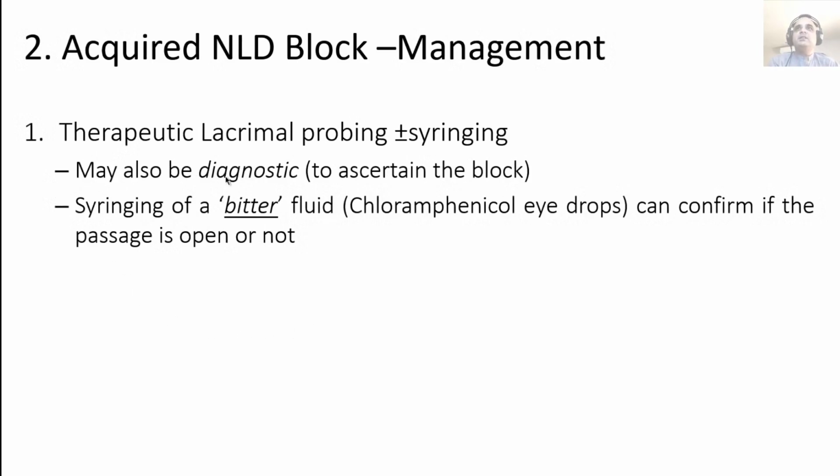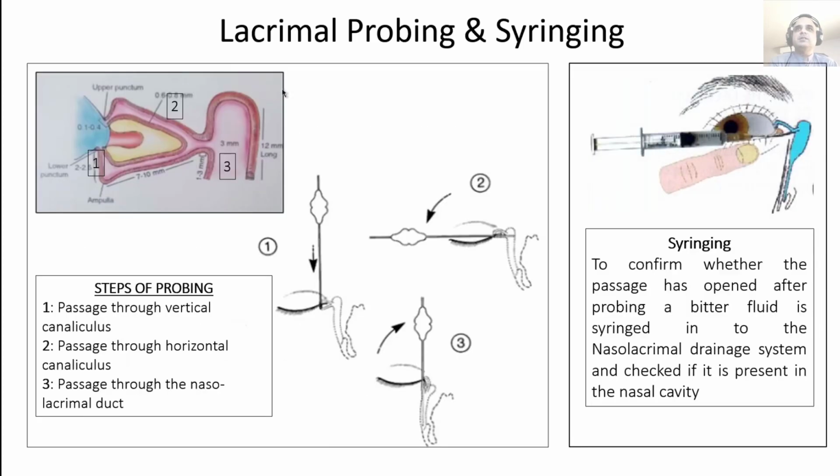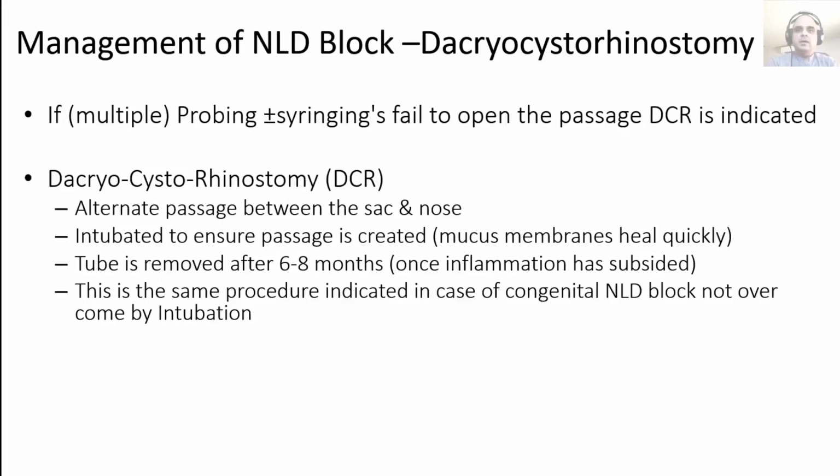Management: therapeutic probing and syringing, just as we talked about a minute back. And if that fails, a dacryocystorhinostomy is indicated, which is creation of a new passage between the sac and the nose. And we'll talk about it in a bit. So this is again probing and syringing. It is exactly like it was done before, except your patient is now an adult, and it can be done without general anesthesia, so that your patient is awake while this process is being done. If your probing and syringing attempts fail, then a DCR is indicated, and they do fail invariably,